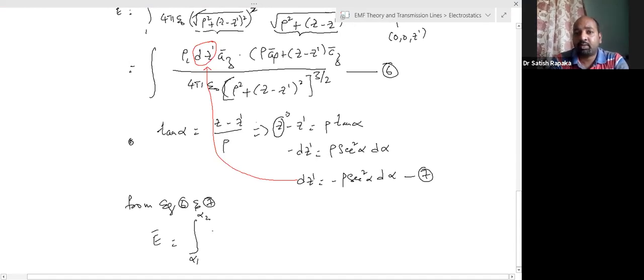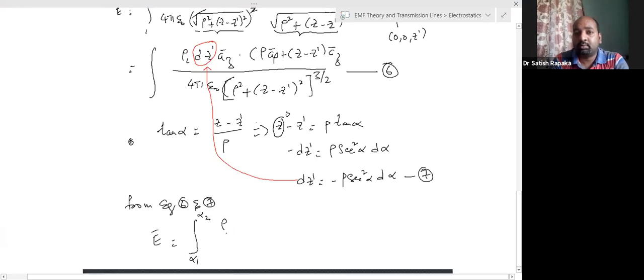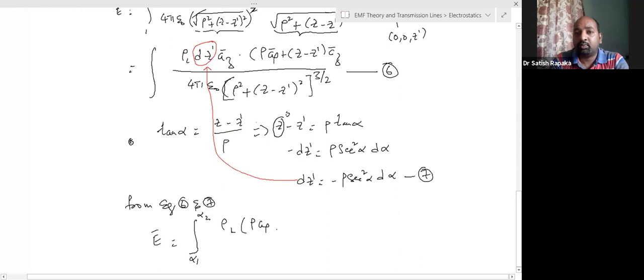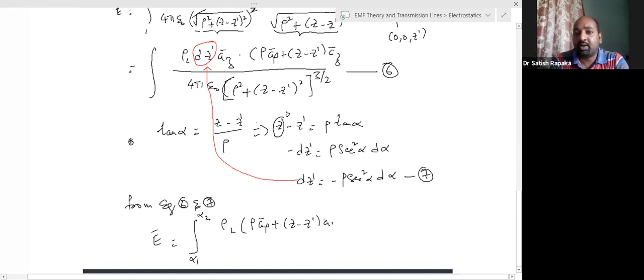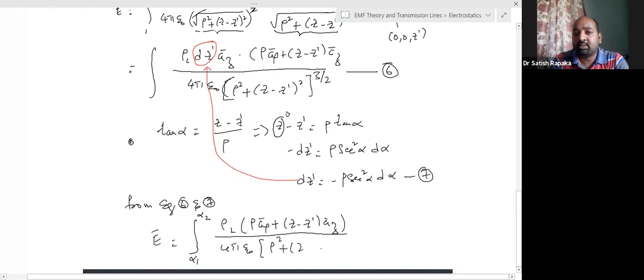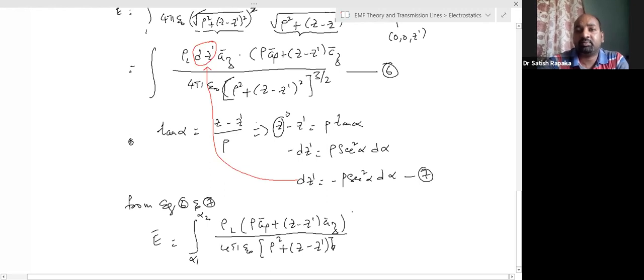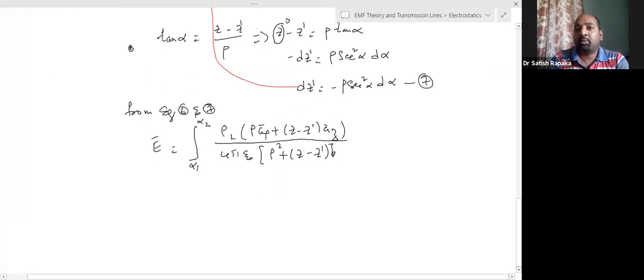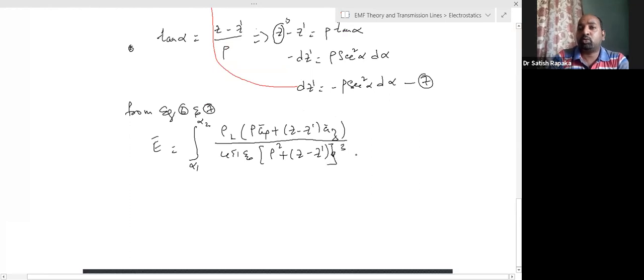Substituting this, what will we get? rho a_rho bar plus (z minus z dash) a_z bar, divided by 4 pi epsilon naught, rho square plus (z minus z dash) square, to the power of 3 by 2, and